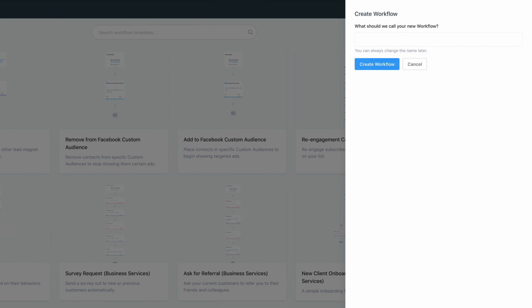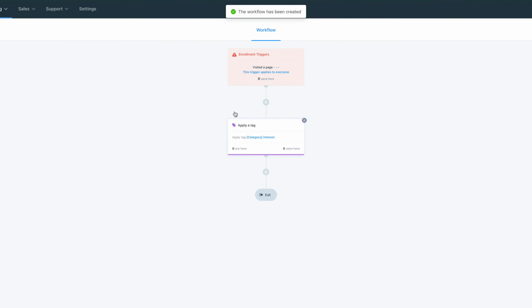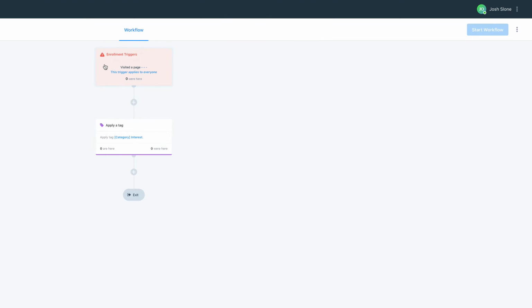I'm gonna create this template, apply interest tags. It's a pretty simple one that displays everything that you may need to know. So we'll just say apply interest and then create workflow. Now you'll notice that there's 2 elements to this one, but one of them is highlighted in red and has a little exclamation point. That means that you need to do something. Something needs to happen. So I'm going to go ahead and click it,